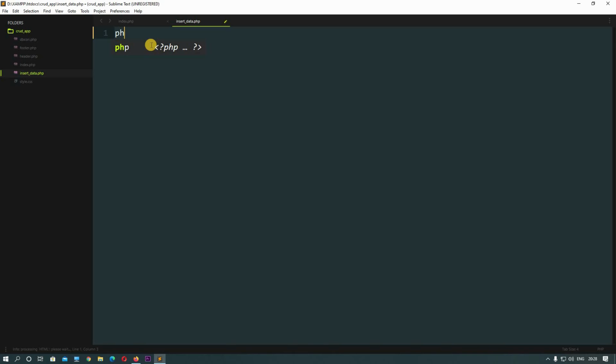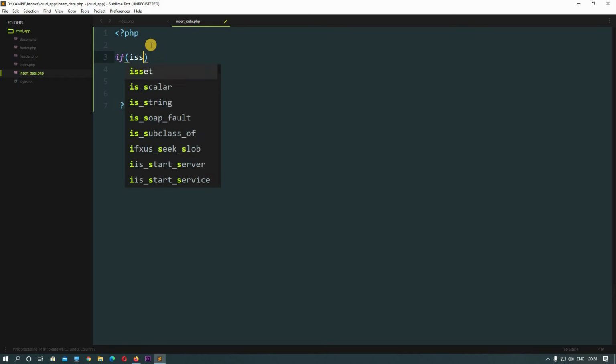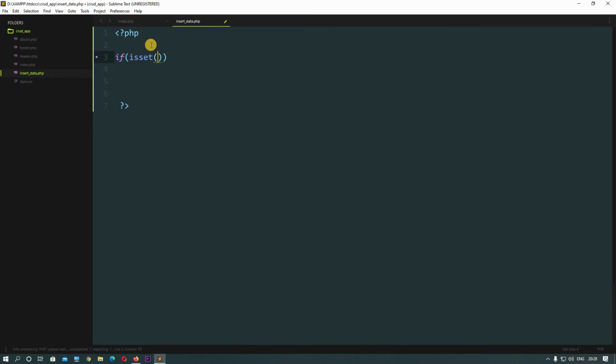Okay, put in some PHP in here. Now we will check whether that button is pressed or not. So we'll write if isset, then $_POST. Okay, because the data is traveling through the post method, therefore we will use it like this. We are using the super global $_POST.